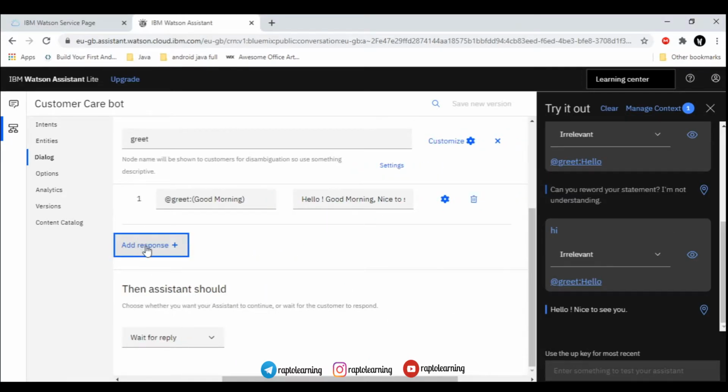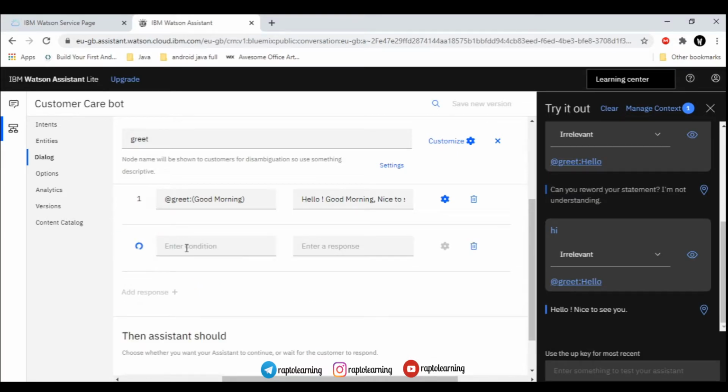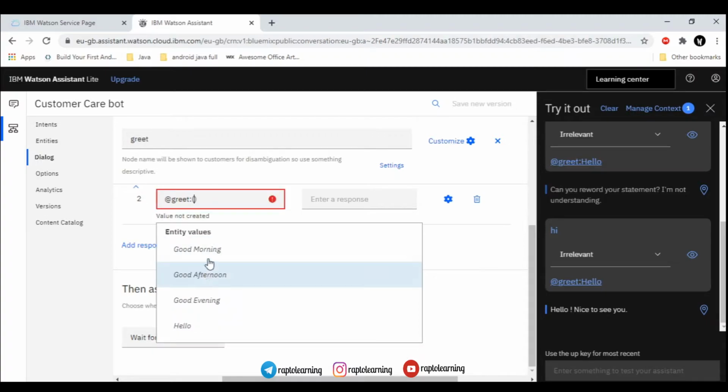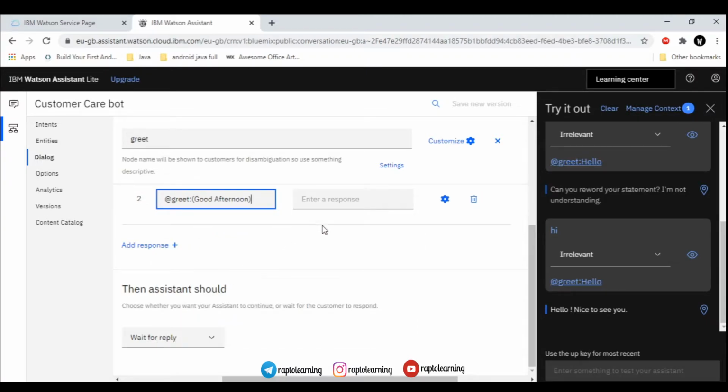And so we have successfully created a good morning message. So we will create one for good evening, good afternoon, and also for hello. So the steps will be the same. Just type good afternoon in the operator "is". So we will type a good afternoon message. Just the message will be changed, and you will type good afternoon, nice to see you,